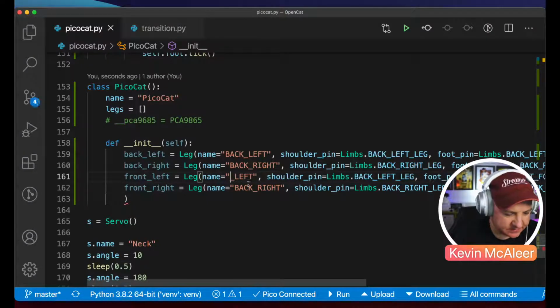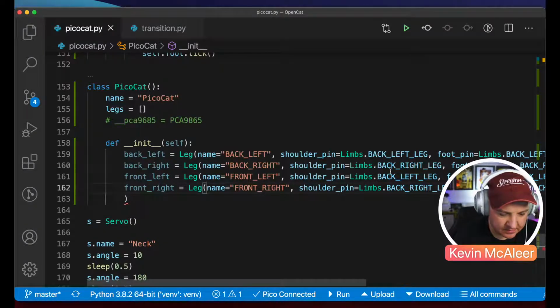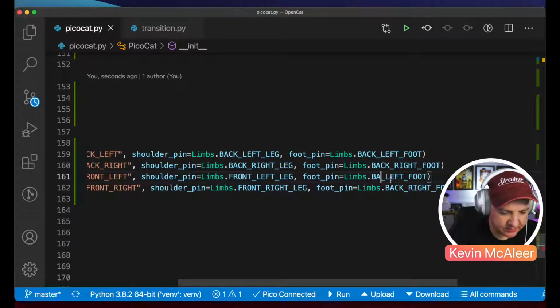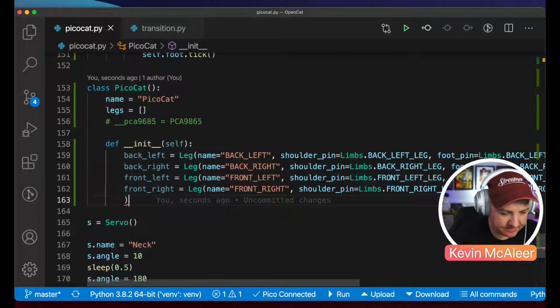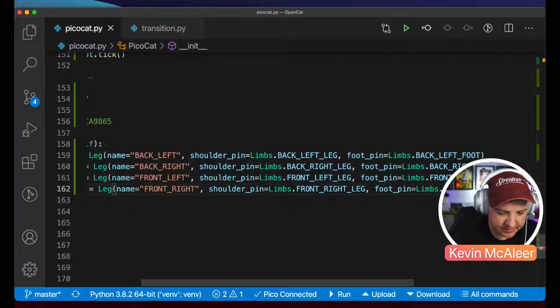So this is front, that's front, that's front, that's front, and then finally those two are front as well. And then all we then need to do, let's put that back where it needs to be,